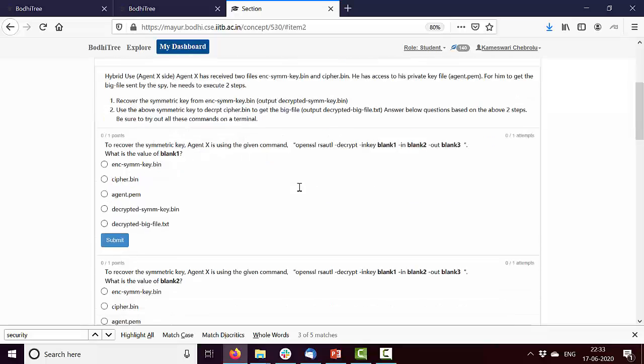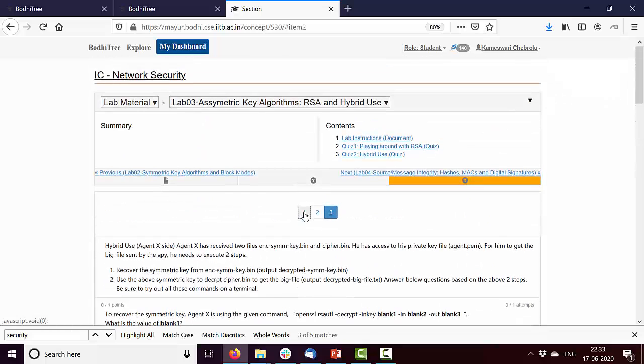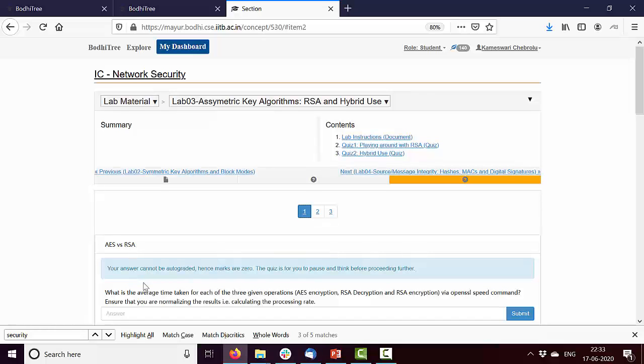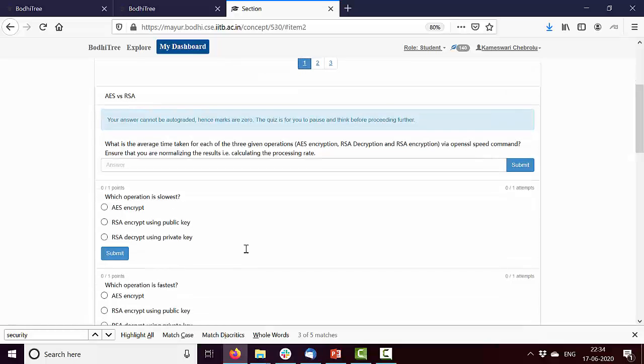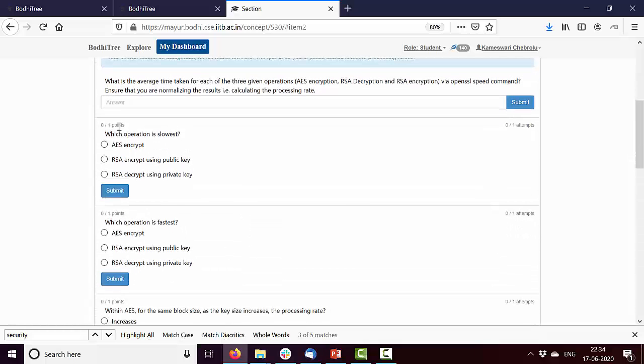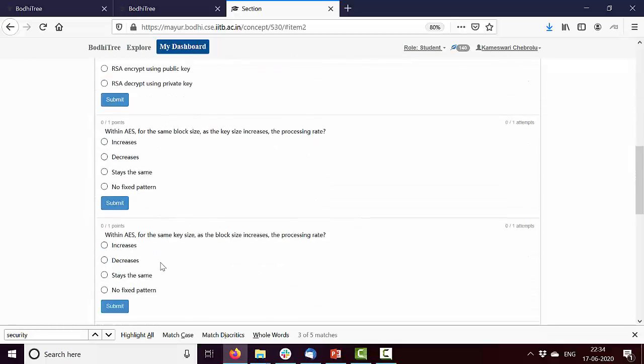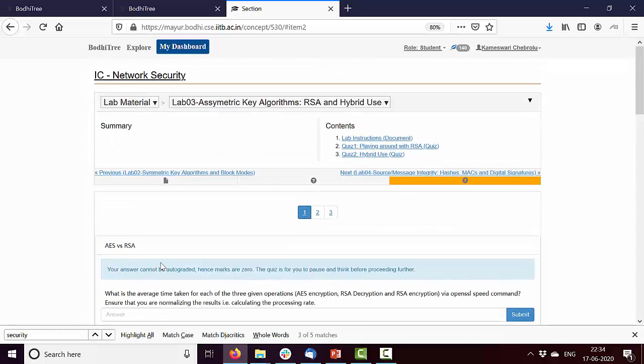All this is predominantly auto graded except for this one specific question, which is a subjective question. When you are using this quiz interface, this subjective question, whatever is listed here, cannot be graded even by humans, because there is no interface to grade this. This is only for the student to think, pause, and see the answer before they go ahead with other objective questions. All these other objective questions though can be auto-graded using this interface. So this is how one can handle objective questions and some assignments on Bodhitree.